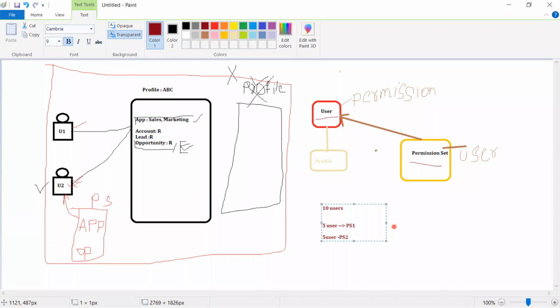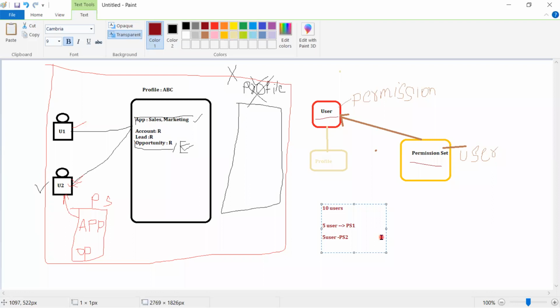And there are a few users which are already there in the system. Those also need to be assigned to PS1. So these are the existing users, 3 users are existing users. And along with these existing users, I wanted 5 users who are the new ones. Both should be assigned to